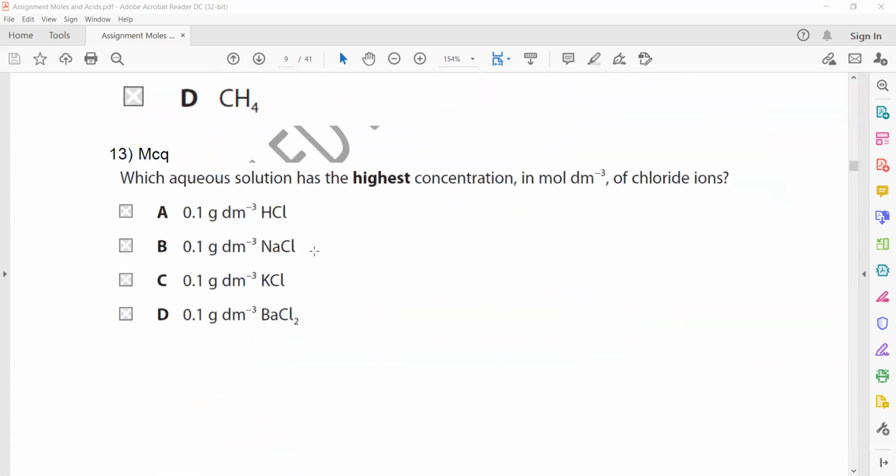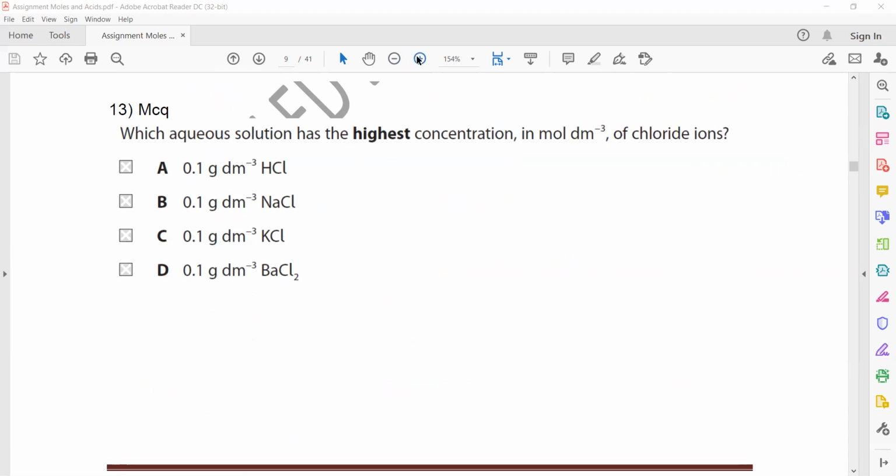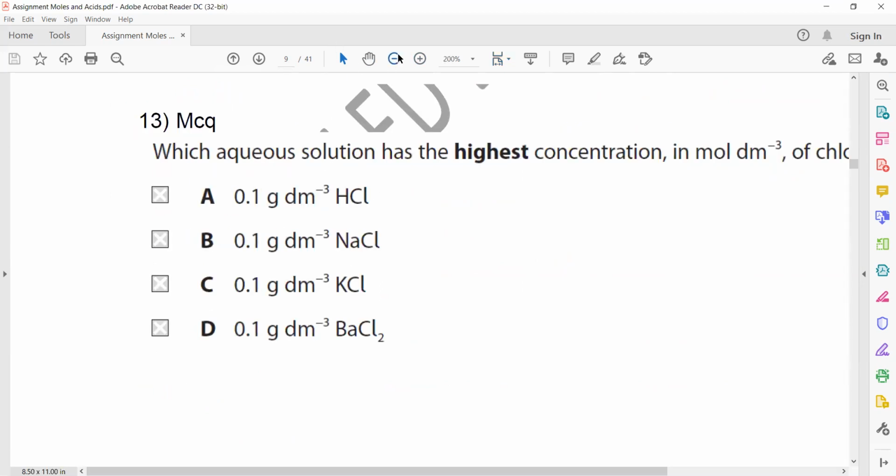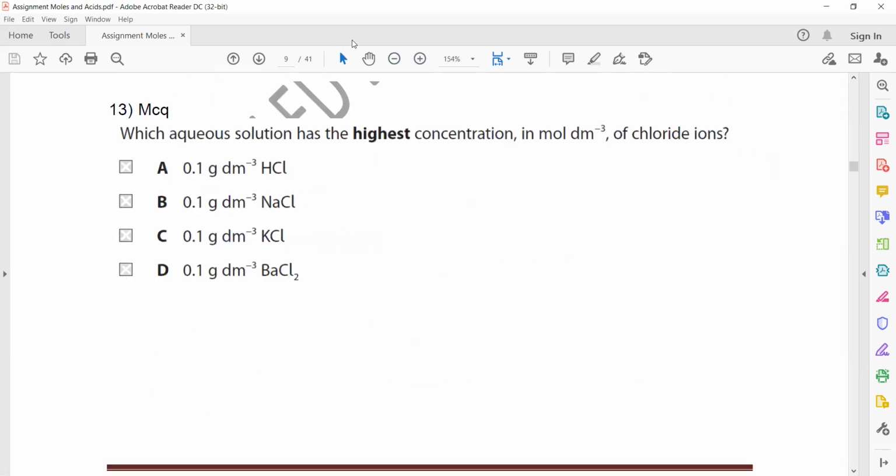Then question 13. Which aqueous solution contains the highest concentration in mole per dm³ for chloride ion? 0.1 gram per dm³ of HCl, 0.1 gram per dm³ of NaCl, 0.1 gram per dm³ of KCl, and 0.1 gram per dm³ of BaCl. So first what we will do,